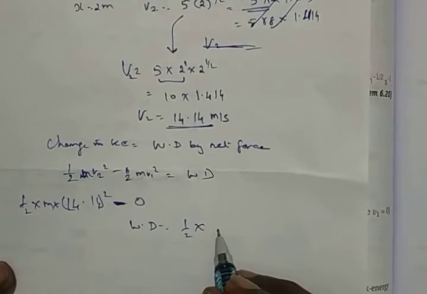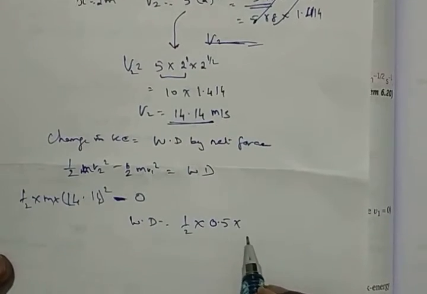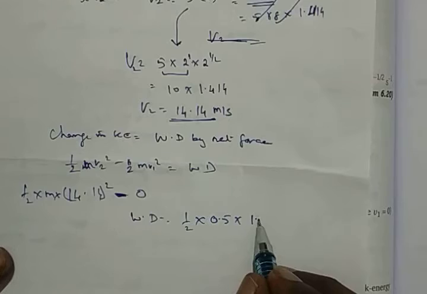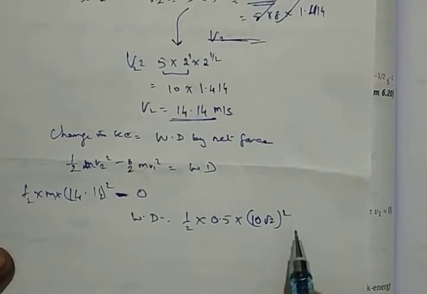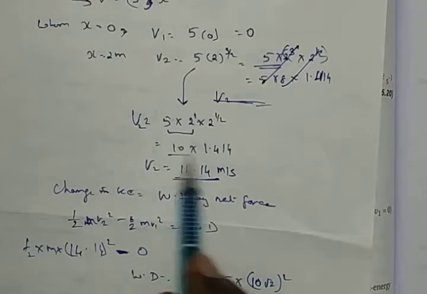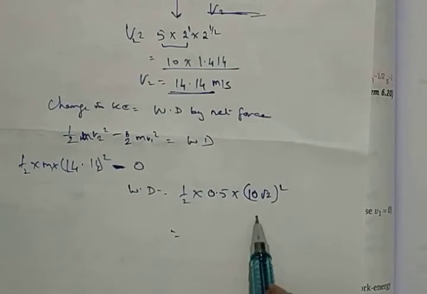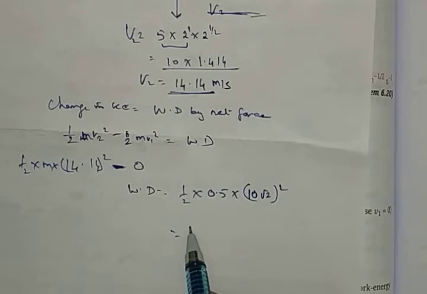It is going to be equal to 0.5 into 14. It is 10 under root 2 was there. The whole square we will put, because it is going to be 10 under root 2. That's the way it is. Okay, so I'll just put this way itself. So this is going to be equal to